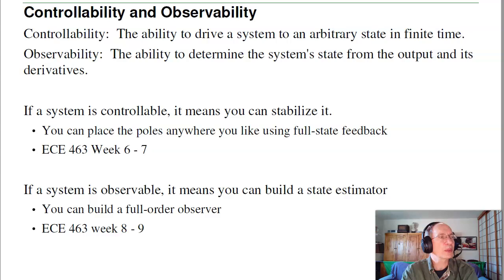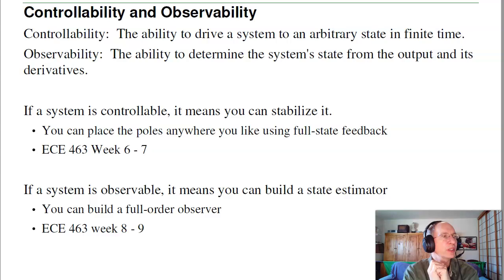Controllability is important. What controllability means is that you can stabilize the system. It's not necessary to be controllable to stabilize it, but it is sufficient. For example, if the system's open loop stable, you can do nothing and it's stable. But if it is controllable, then it doesn't matter whether the open loop system is stable, unstable, oscillatory, or not. I can drive it to any state. I can take a pendulum and drive it up. I can point it down. I can drive it anywhere.